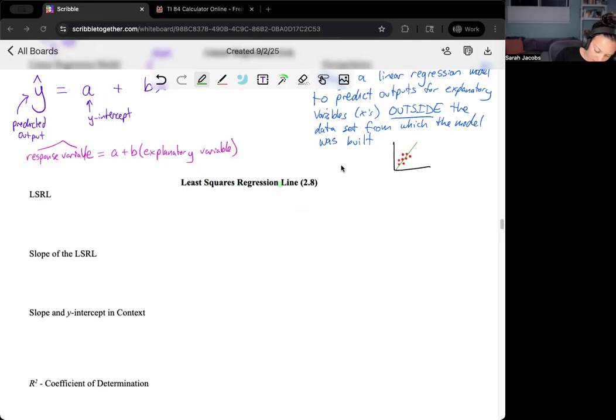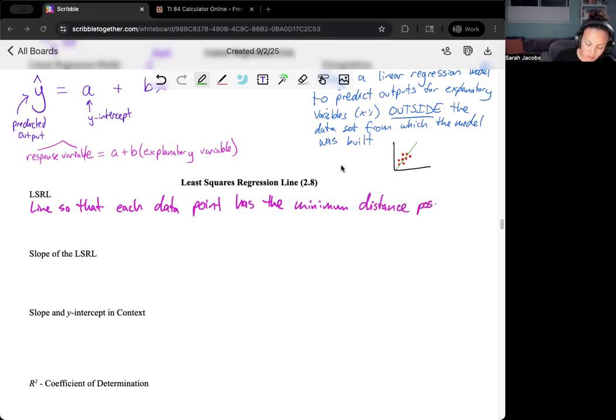This is a line such that each data point has the minimum distance possible from the overall